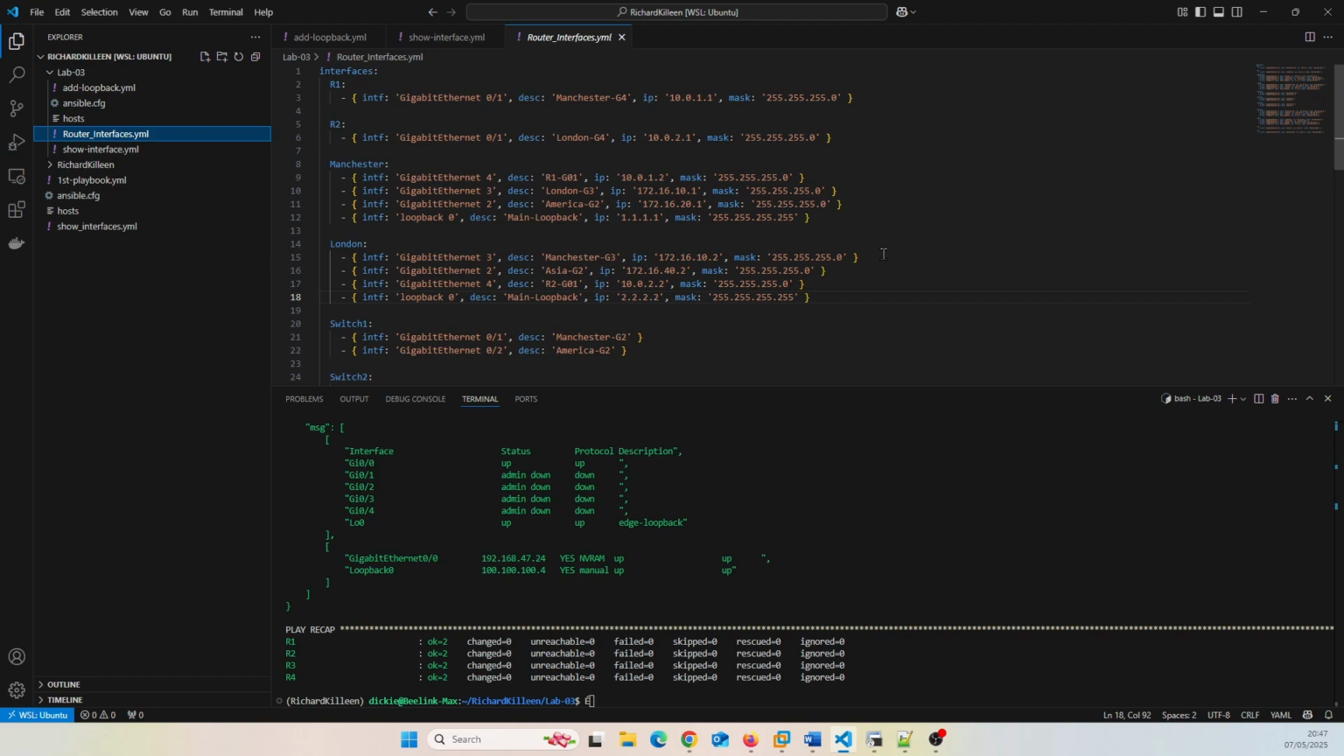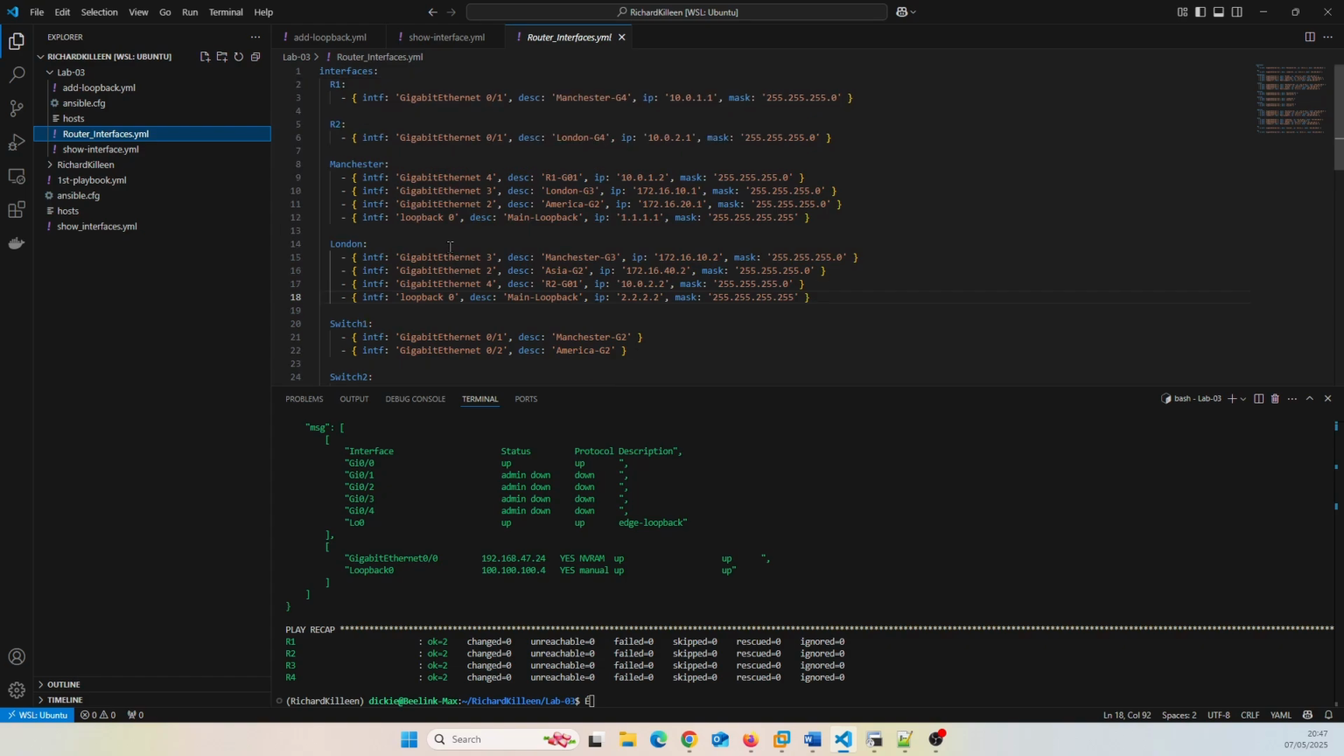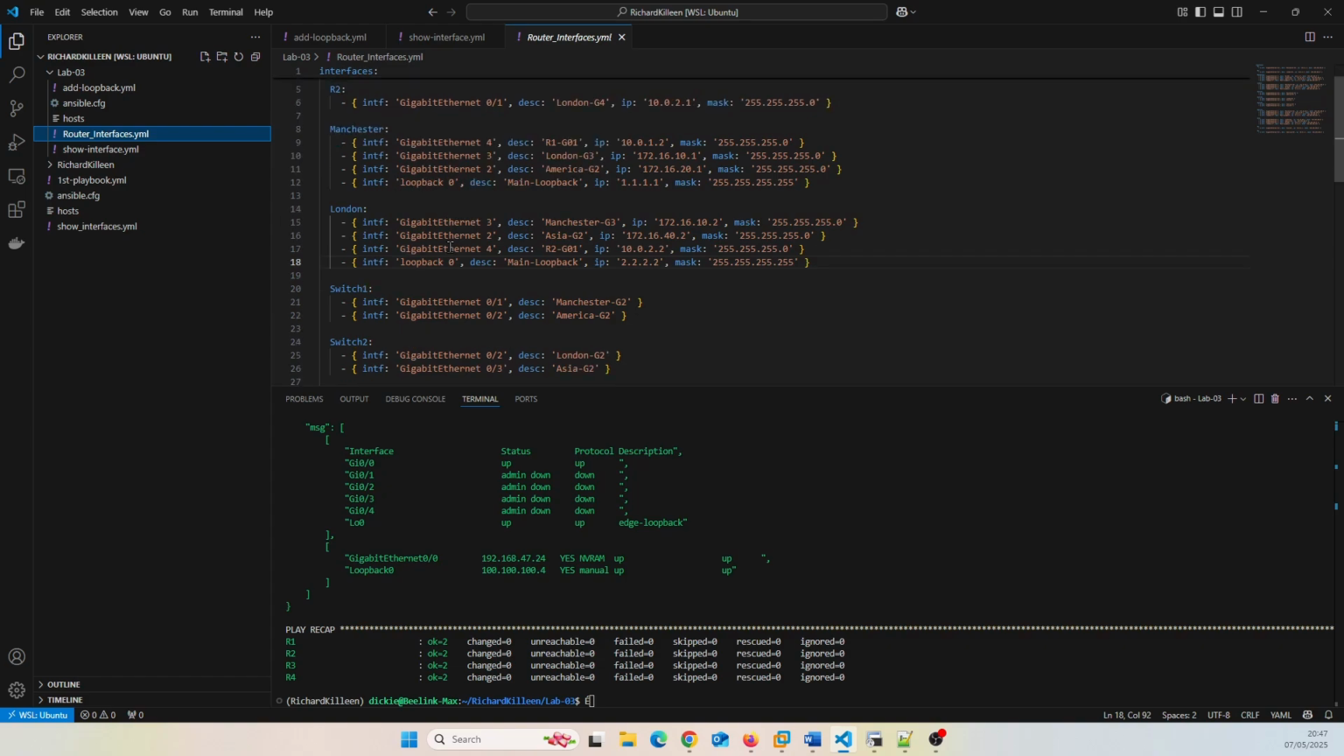Okay, let's have a quick look at our actual router interface YAML file that I've created. So basically this is in YAML format. It's got every individual device like router 1, router 2, Manchester, etc. It's got the switches, but we're going to ignore those. We've not put any IP addresses on them yet. But we're not going to call these in our actual playbooks. The playbooks get called against what's in the host file, and the switches are not in the host file, so